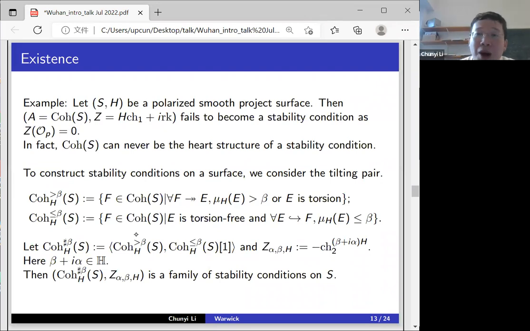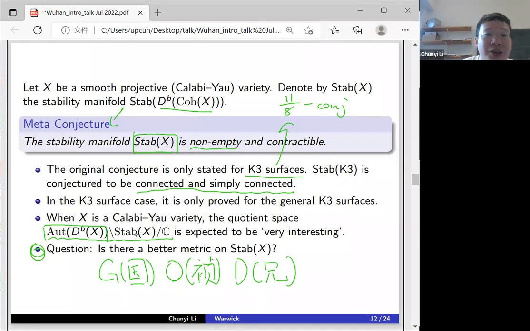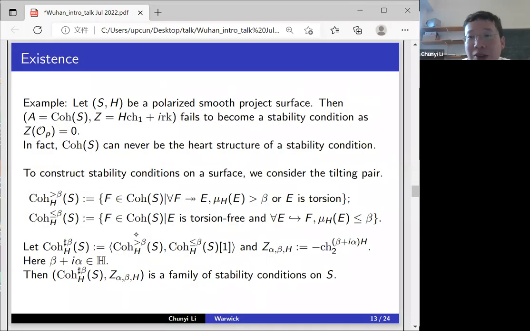Now here's one remark before going to the stability manifold. Here I said that the conjecture has two parts. One is non-empty, and the other is contractible. I want to emphasize that actually the non-empty part is already very non-trivial. For example, if you just